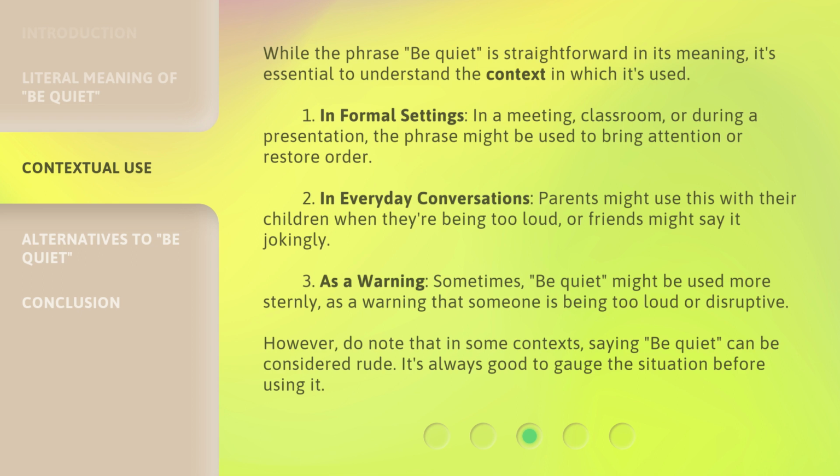Parents might use this with their children when they're being too loud, or friends might say it jokingly. 3. As a warning. Sometimes, "be quiet" might be used more sternly, as a warning that someone is being too loud or disruptive. However, do note that in some contexts, saying "be quiet" can be considered rude. It's always good to gauge the situation before using it.